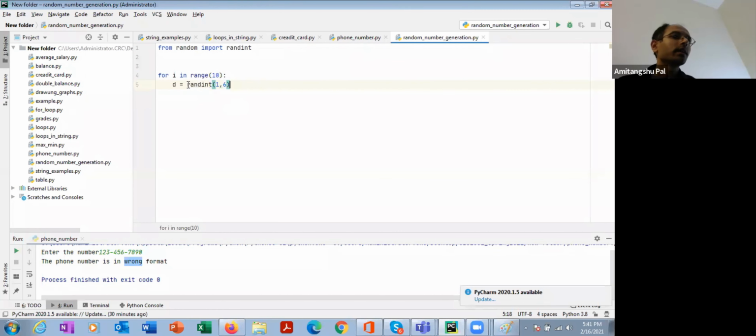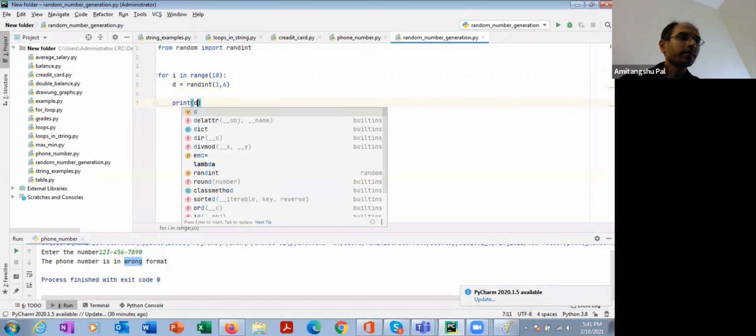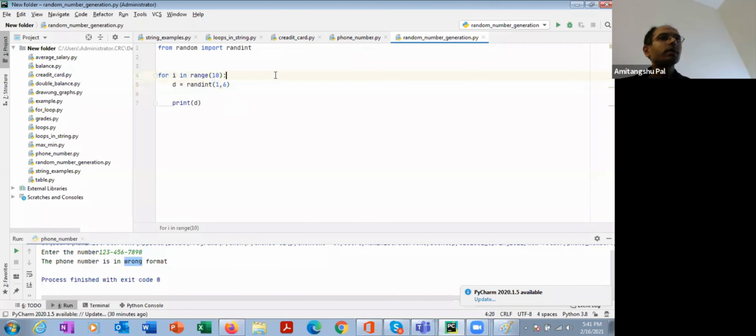This will generate a random integer between 1 and 6. I'm going to repeat this experiment 10 times, and in each iteration it is going to generate a random integer between 1 and 6, and then I'm going to print it. That's it. That is basically imitating a rolling a die experiment.